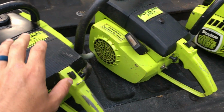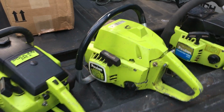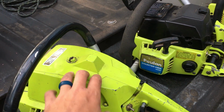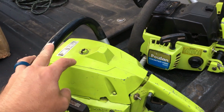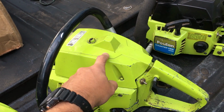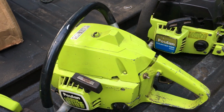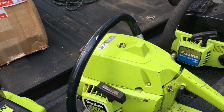And come 1975 was the Counter Vibes. Counter Vibes got released, and that includes the 4200 and the 5200, and they were this color here. They were both the lime green. Now there's a 5200 Counter Vibe that's got the black top, and that one came a little later. I can't think of the exact date at which the black top appeared. My guess would be the late 70s, because it was pretty early in the 80s that